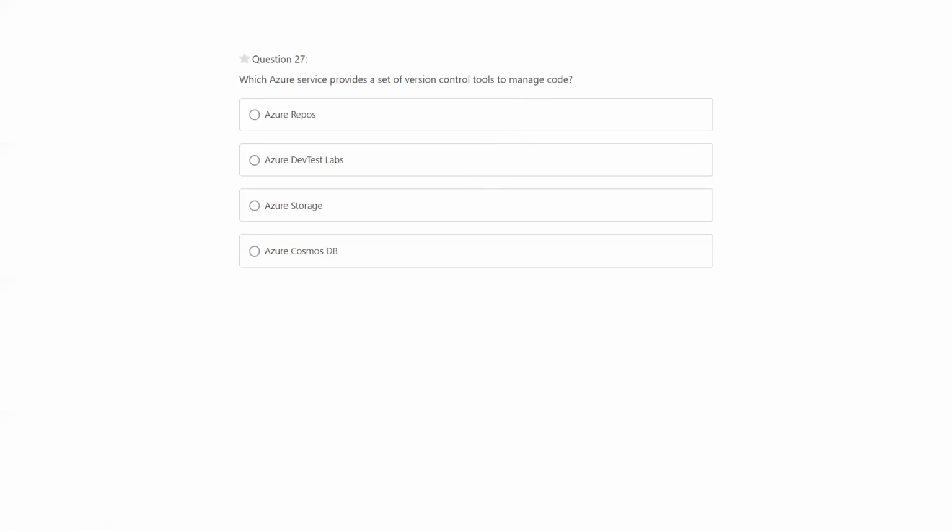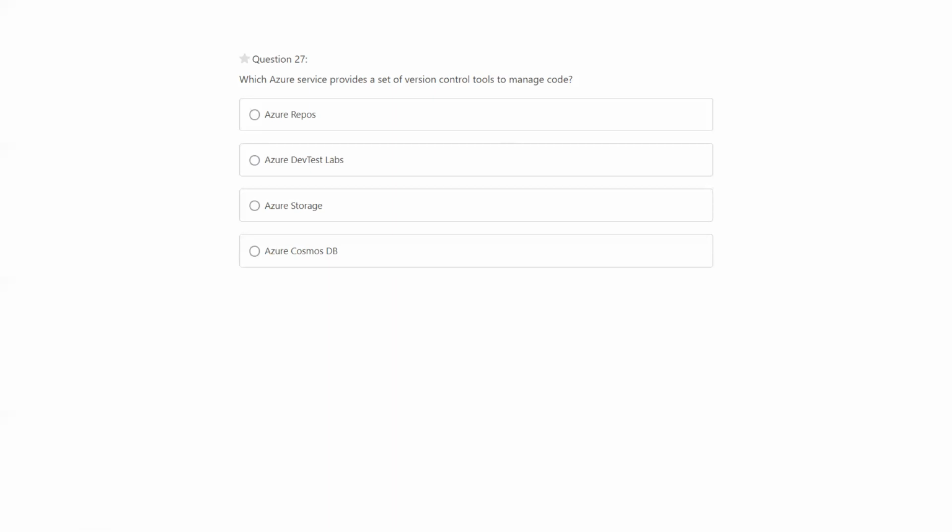What Azure service provides a set of version control tools to manage the code? So here we are talking about version control, not the Azure service itself. So Azure Repos is the version control. Git repo manages the source code, so you can track your changes and commit your changes. All that happens in Azure Repos.